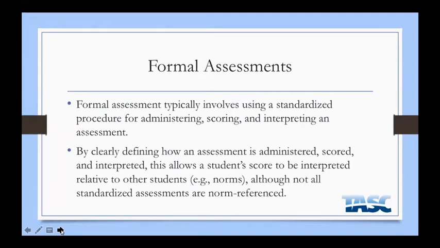So a formal assessment typically involves some type of standardized instrument that administers, scores, and interprets an assessment. This allows the student's score to be interpreted or compared to other students and gives us that norm reference. But not all standardized assessments are norm referenced, so don't be confused. Although these assessments provide useful data in helping us determine aptitude, skill, and ability, but guys, we have to remember that